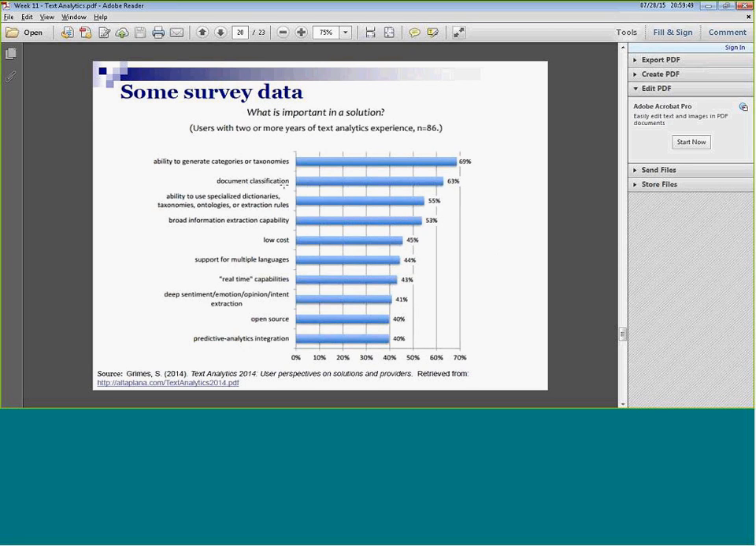What is important in a solution? Those generate categories. Well, that's one of the easier things, or taxonomies. Document classification, ability to use dictionaries, extract information. Low cost, not so much. Multiple language, not so much. Open source,